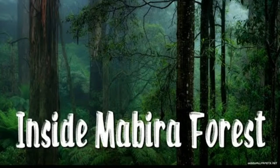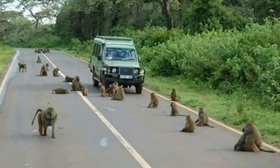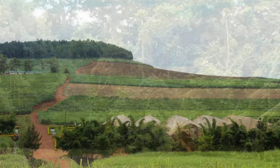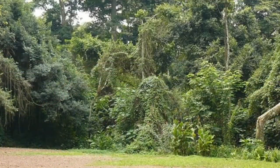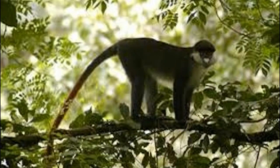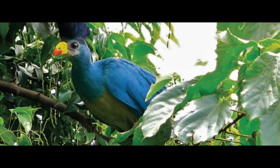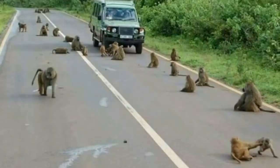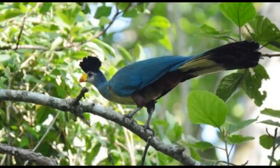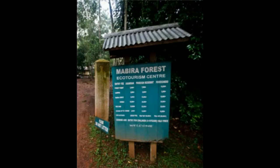It has been protected as Mabira Forest Reserve since 1932. It's home for the many endangered species. Since Mabira Forest is home for the many endangered species,